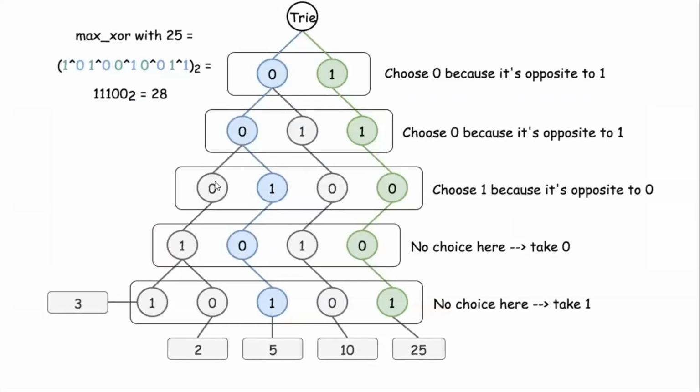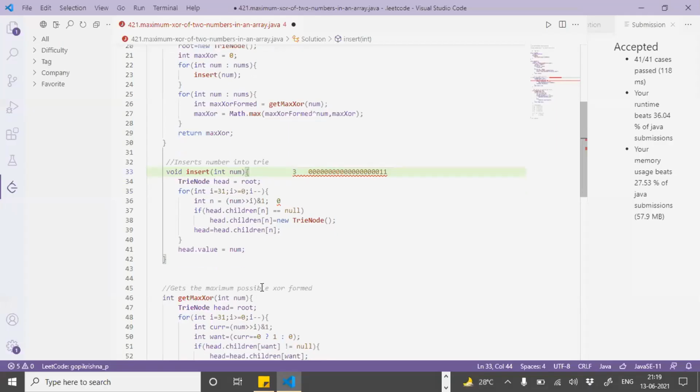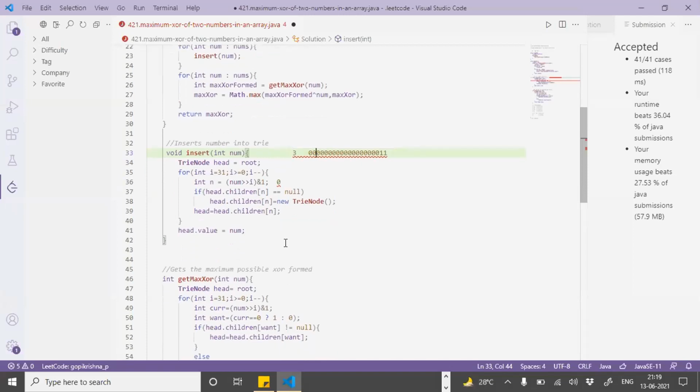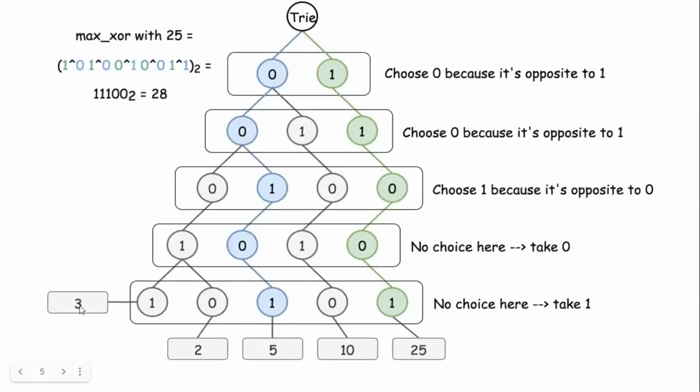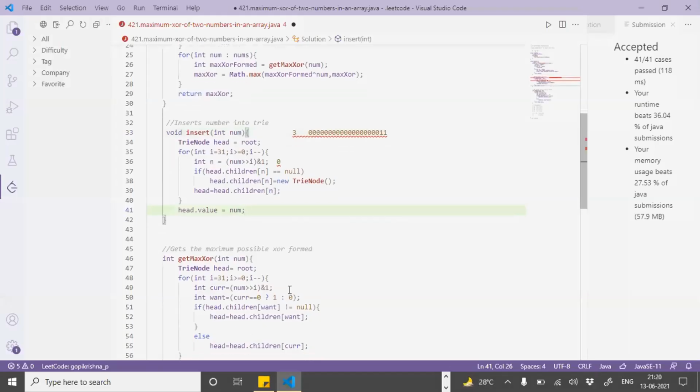Like this we iterate for all the 32 bits, and we create a structure like this. Is it clear? Any questions in the insertion part? At the last level, I am storing the original value: 3, 2, 5, 10, 25. Any questions here? Can we move on?